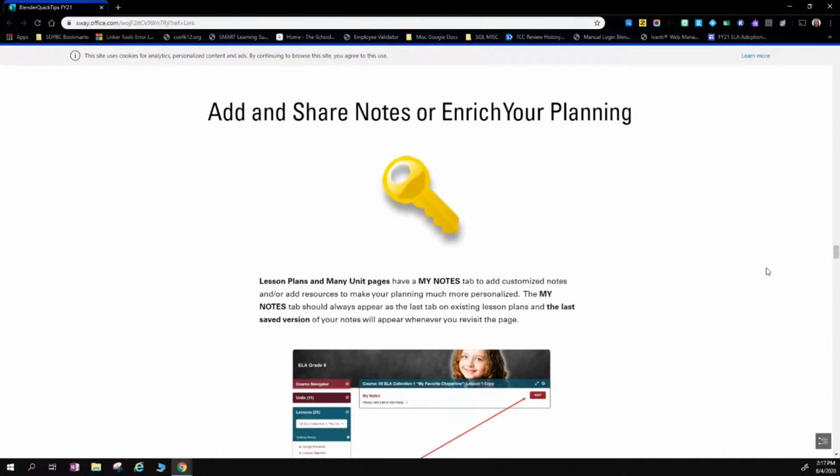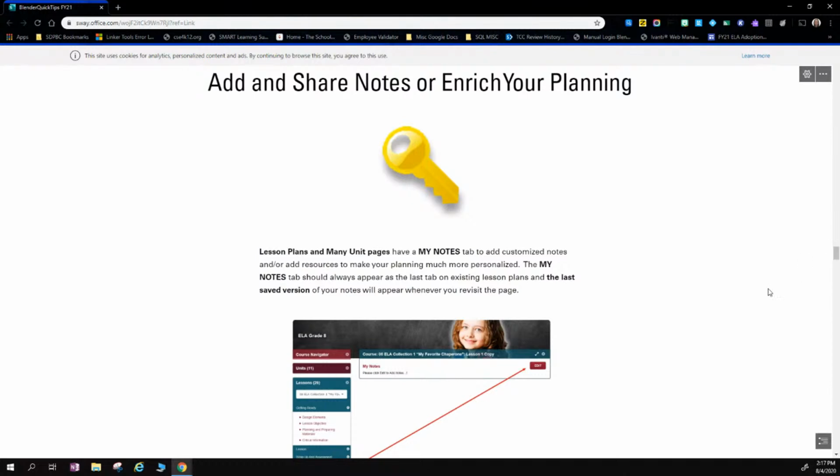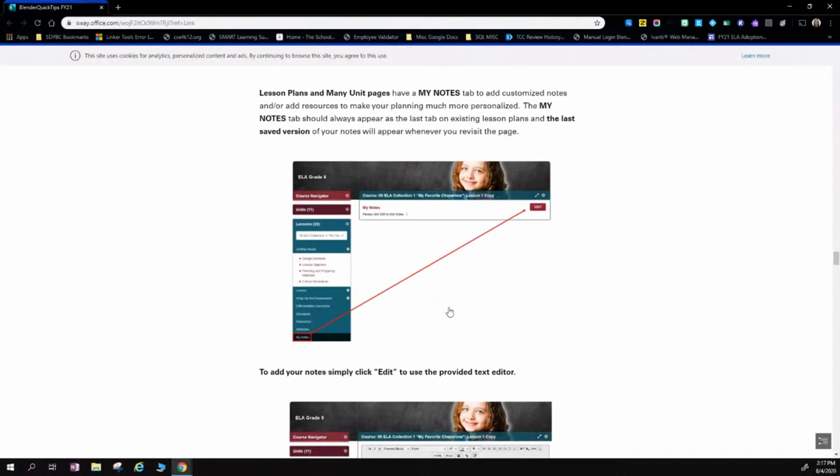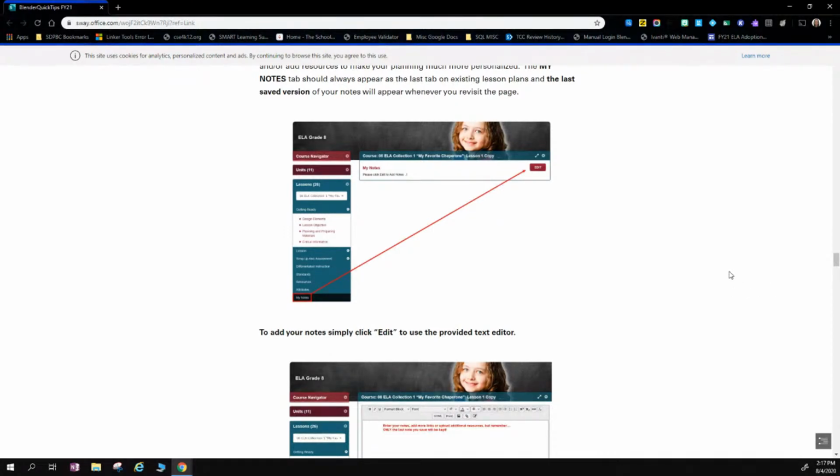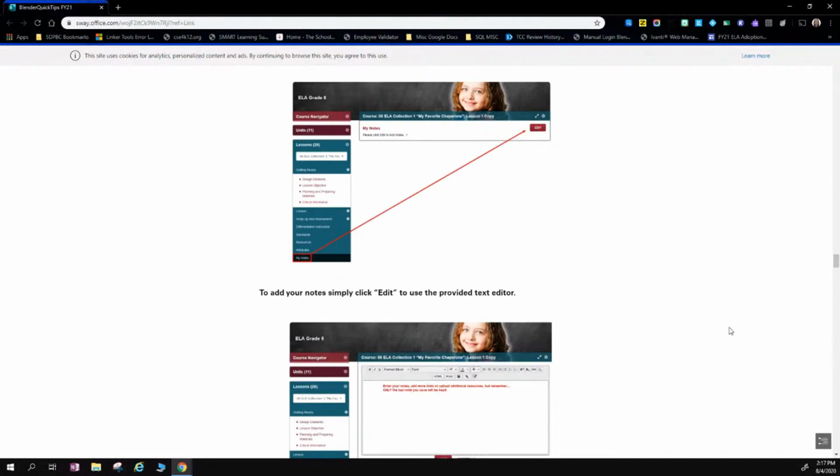One of the key things I would say about adding notes is if you have a course that has the units built out for it, you want to look and see if it has notes turned on for you. That allows you to actually make your own notes and add your own resources to a unit or a lesson in Blender. And you can copy and paste anything you found in Blender to your My Notes section. If you scroll just a little bit more there, Dominique, you'll see the edit functionality. You can copy and paste anything you find in Blender into those notes. Make notes for yourself. Say, this was helpful for me this year. Let's remember this next year.